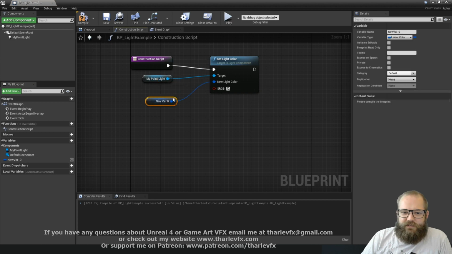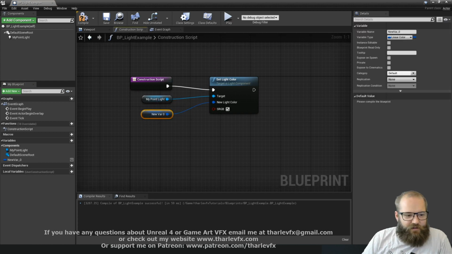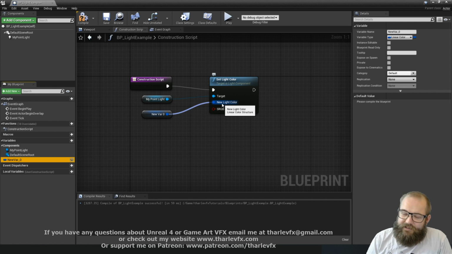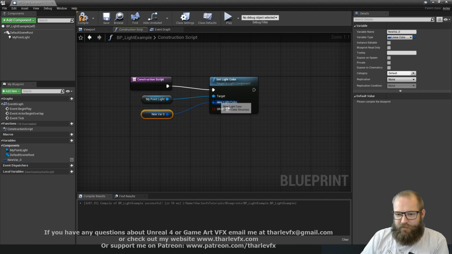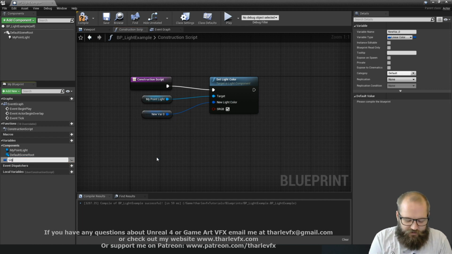And what that's going to do is it's going to do all those steps for us that we just did. So it's going to create a new variable, and it's given it the name new variable 0. Well, we can fix that in a minute. But the important thing here is it's picked up the right variable type. And so I know, from having done this a few times, that light color should be a linear color structure. Well, I don't need to know that. I can just promote a variable from that data input, and it will do that for me. So that's definitely the way that I like to work